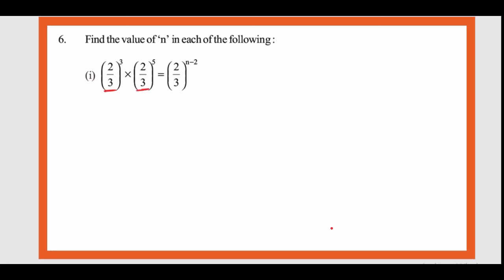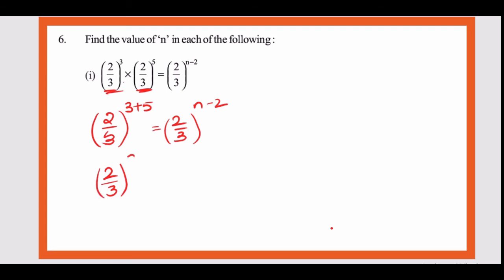If you observe this, bases are equal, right? So if bases are equal, what can I say? And they are in product form, so directly I can add the exponents. So (2/3) to the power 3 plus 5 is equal to, on the right hand side what do we have? (2/3) to the power n minus 2. Now I can write this as (2/3)^8 is equal to (2/3)^(n-2). Now if you observe left hand side and right hand side, they are having only